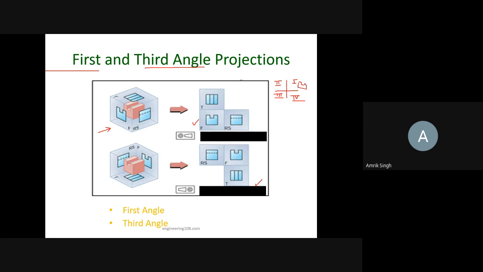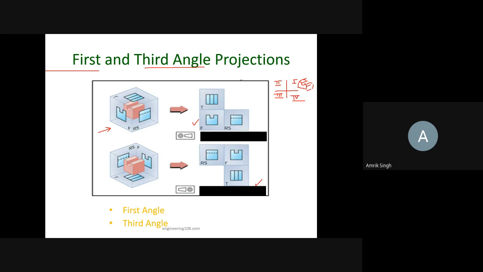When this object is placed in the first quadrant, you see the front view, it will look like this. And if you see from the top, it will be like this. But where will its image form? Its image will form below. That's why we draw the top view at the bottom. So this is known as the first angle projection method.